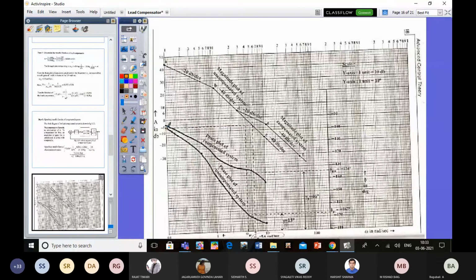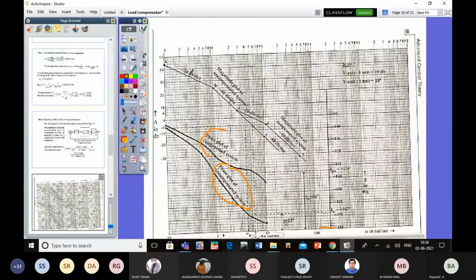You can see this is called the uncompensated system. It is written: phase plot of uncompensated system, phase plot of compensated system. Here you can see where it is intersecting minus 180. It is not intersecting minus 180, because only at omega equal to infinity does it reach minus 180. You need not worry about that, because we would determine omega pc where it intersects minus 180. We require only the gain crossover frequency to determine the phase margin of the system.